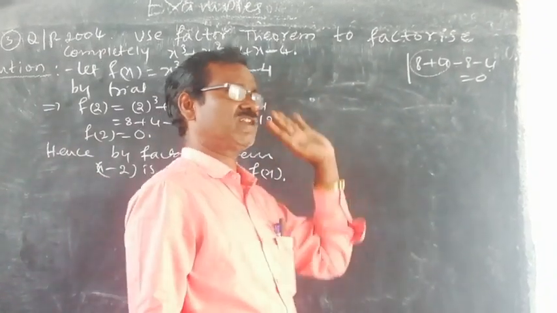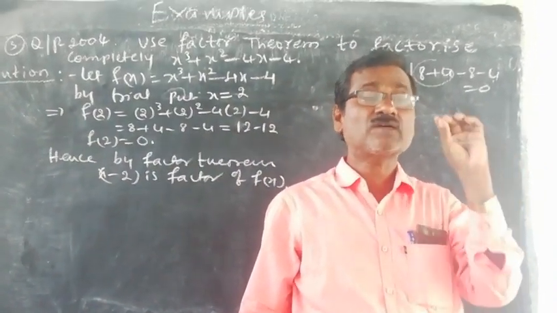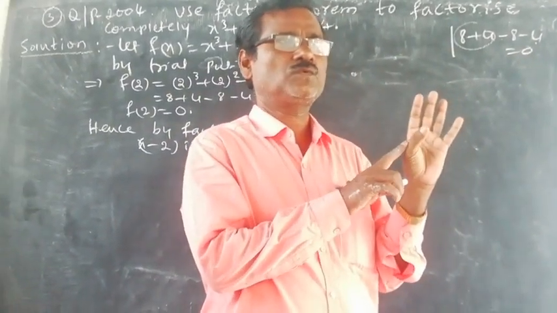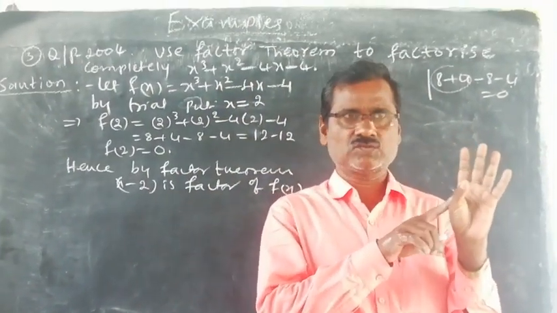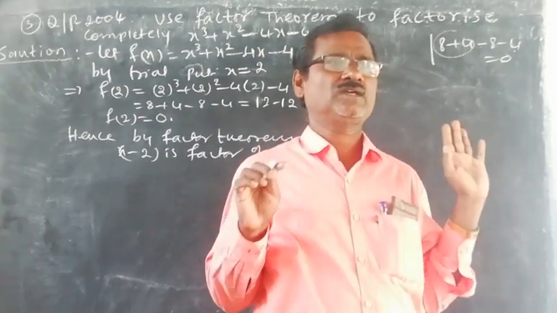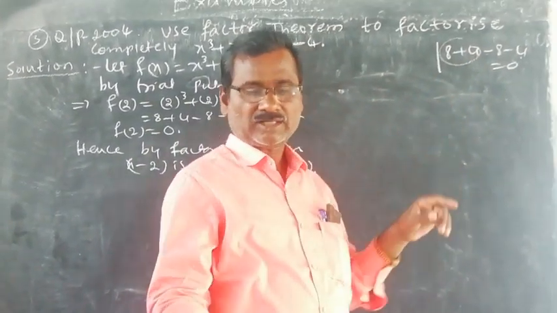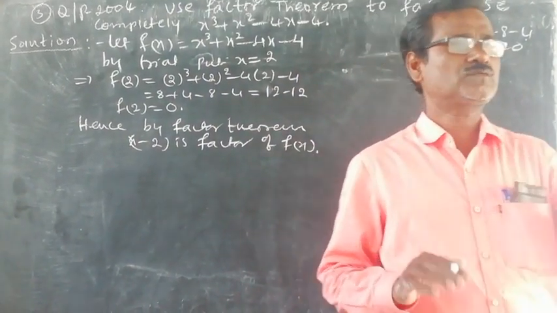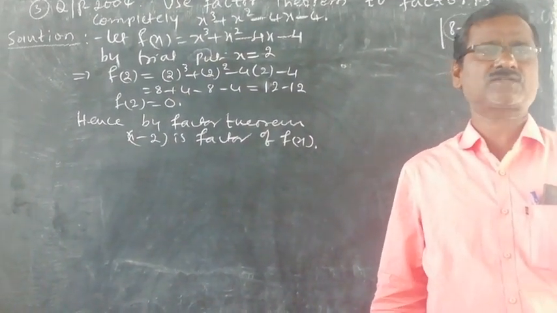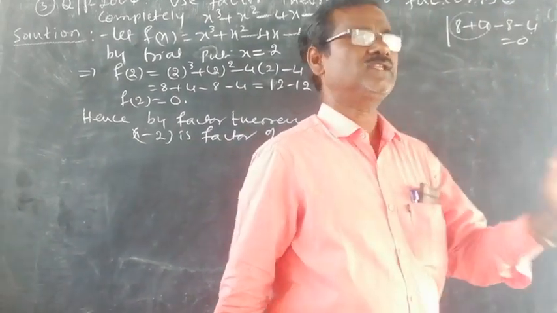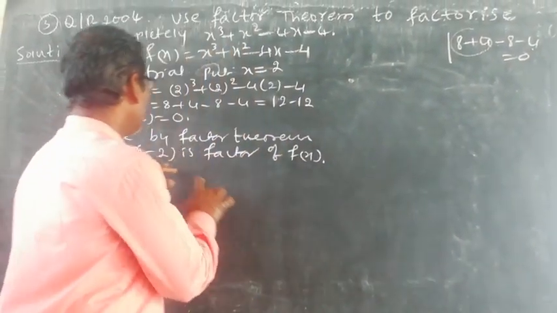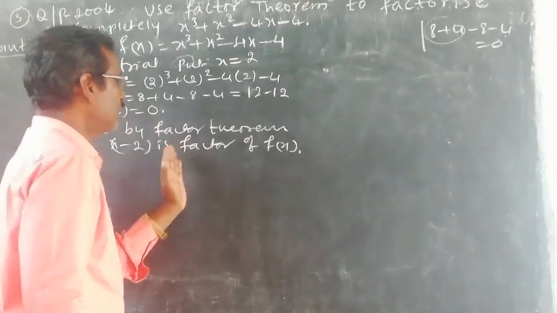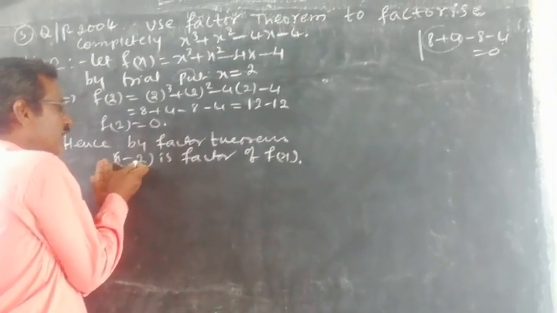The question is, sir, only x minus 2 is a factor? No, 2 more factors are there. Usually which numbers are suitable to take? I will give you a clue: either plus 2, minus 2 or plus 1, minus 1. You search the trials in these 4 numbers only, usually, not compulsory. These are the trial numbers. Now as usual we got x minus 2 is a factor.